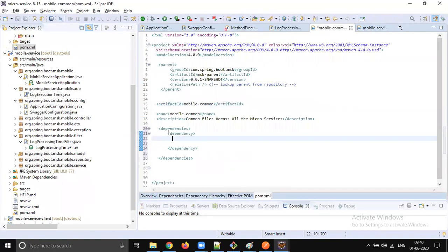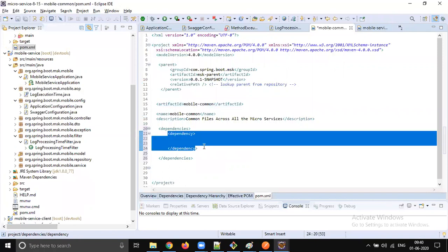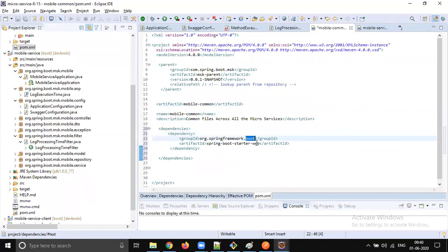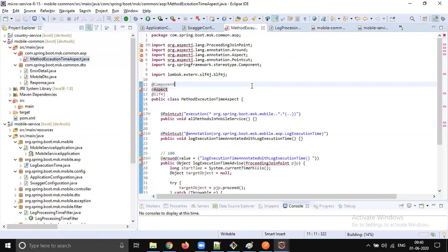That's why we are adding AOP. Now let's go back to the aspect, and now all the errors are resolved.